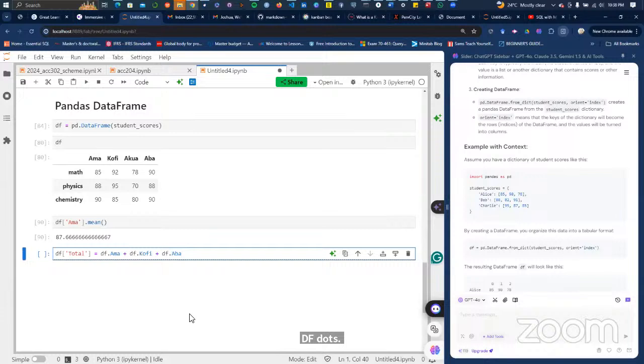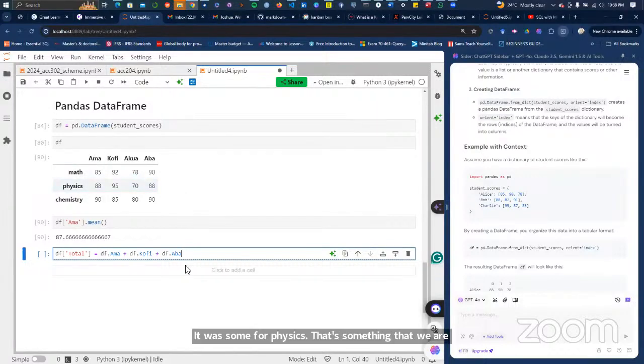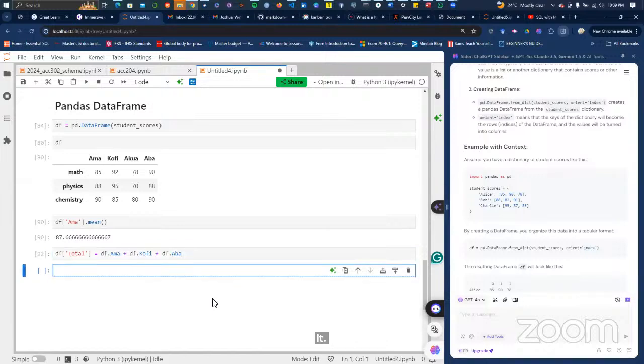It's not naturally sensible the way I'm doing it, but the logic is that we want to create a total column which sums the rows. So the total column will come somewhere after ABBA, and it will sum for math, it will sum for physics. That's something that we are doing. When we want to do something like that, this is how you create the code. We are summing the columns to provide the row totals. So when I run this code, it will create a total column.